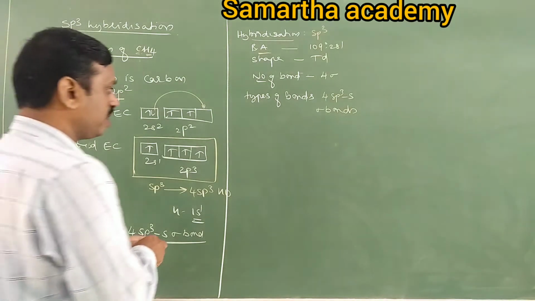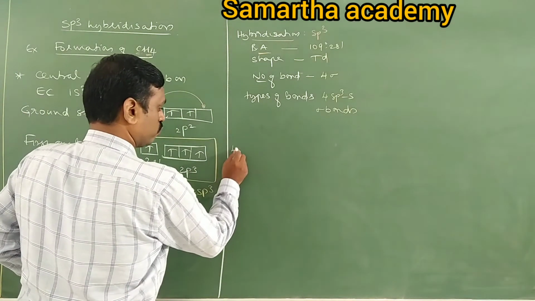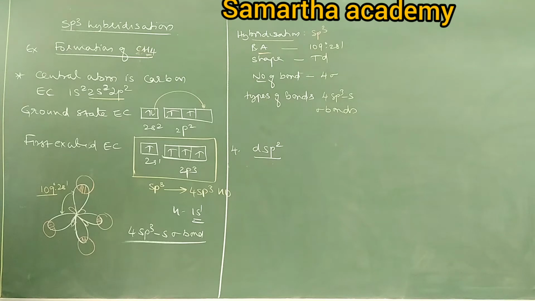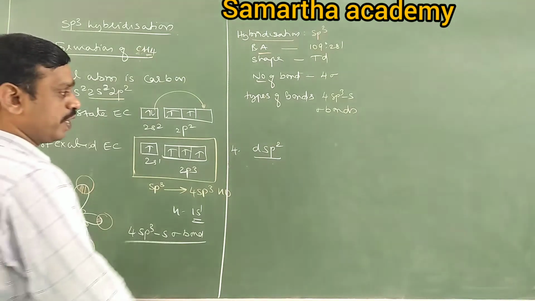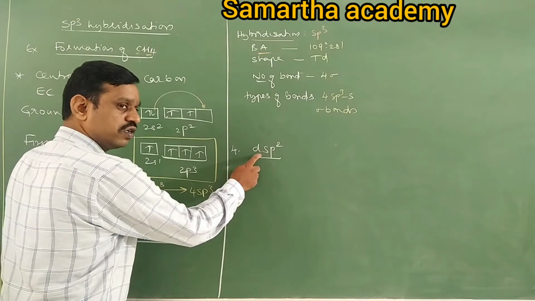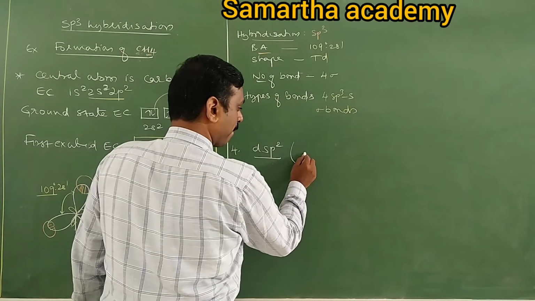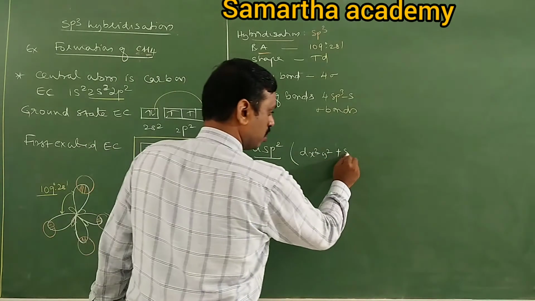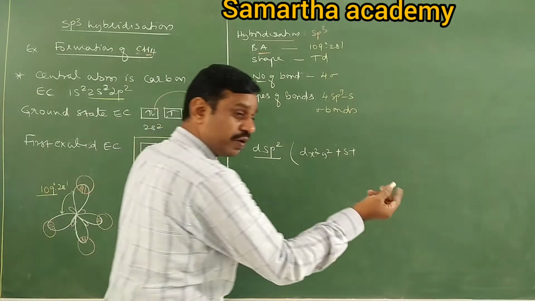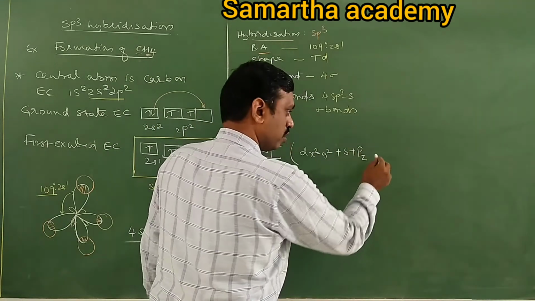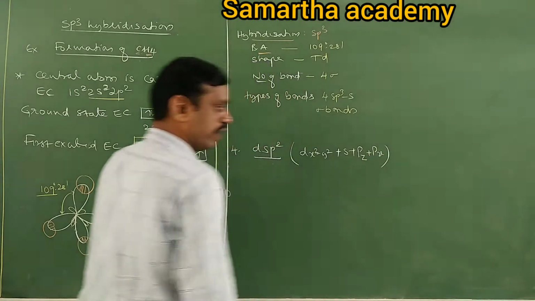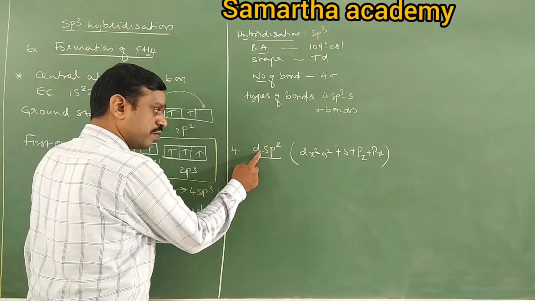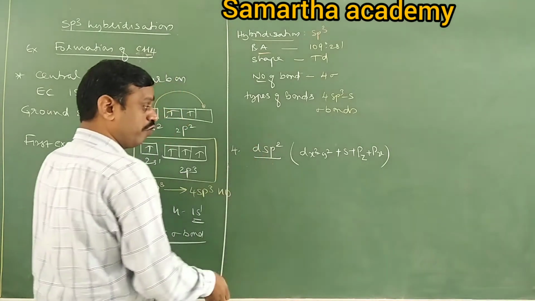Next is dsp2 hybridization. Fourth one, no? Write down dsp2 hybridization. Come on, tell me. In dsp2 hybridization, there is a process of intermixing of d orbital. Which d orbital? dx square minus y square. Important. Next, s orbital. And how many p? 2 p. Which p orbital? pz is compulsory. Then either px or py. Right. Next, the process of intermixing of one d orbital, one s orbital, two p orbitals to form how many